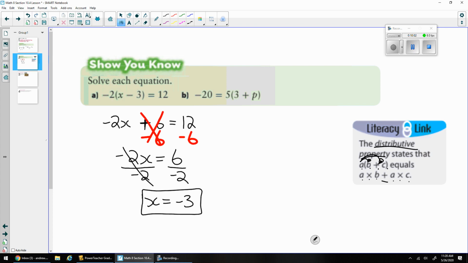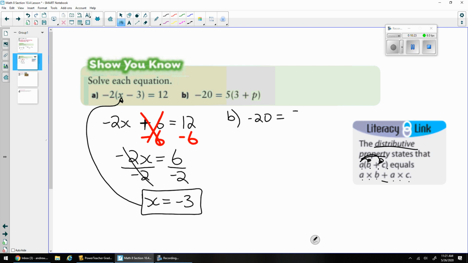And then you could put it back in to double check. You'd always want to put that back in as x and see if the left side equals the right side. Okay? I'm not going to do it right now just because I don't want this video to be as long as my last one. So b is negative 20